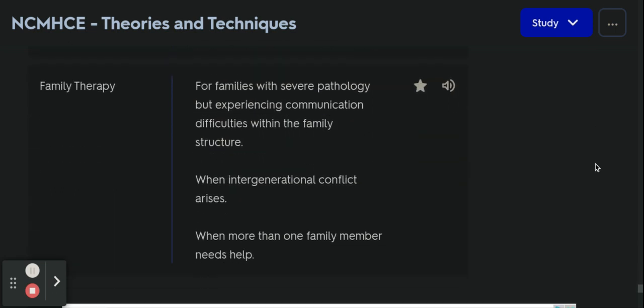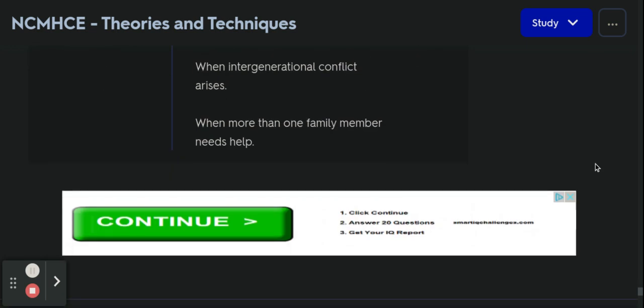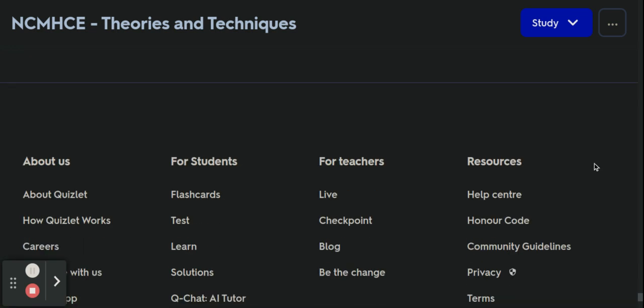Family therapy: for families with severe pathology but experiencing communication difficulties within the family structure, when intergenerational conflict arises, and when more than one family member needs help. And that is an overview of the theories and techniques for the